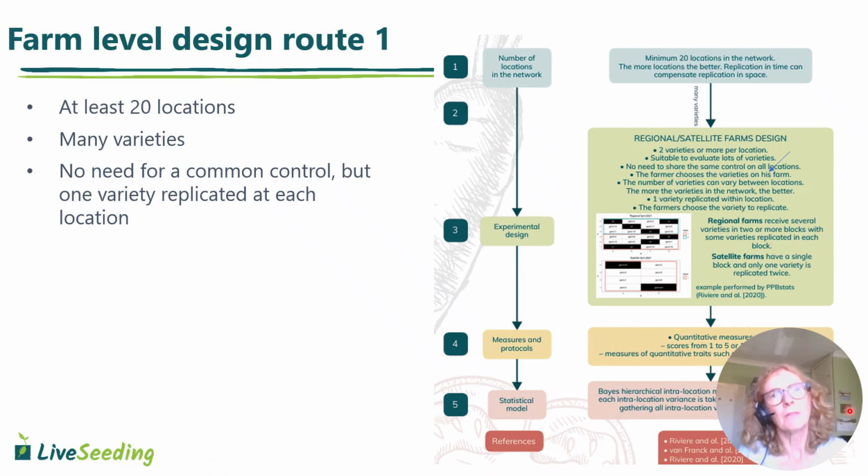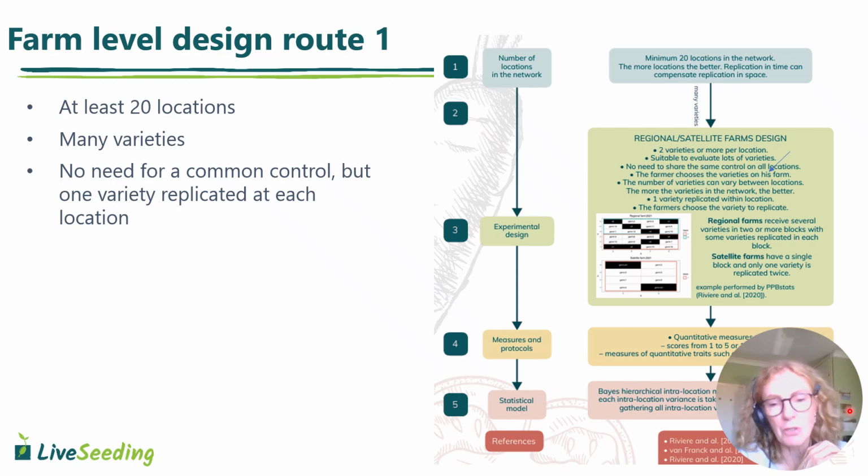Some designs require what we call a common control. And what that is, is the same variety grown at every location. Okay, and that's called a common control, and that's sometimes used to better understand that underlying variation among the locations. So you've got the same variety, you expect it, well, not to perform the same. It performs differently, but you expect that will be because of something about the inherent characteristics of the site where